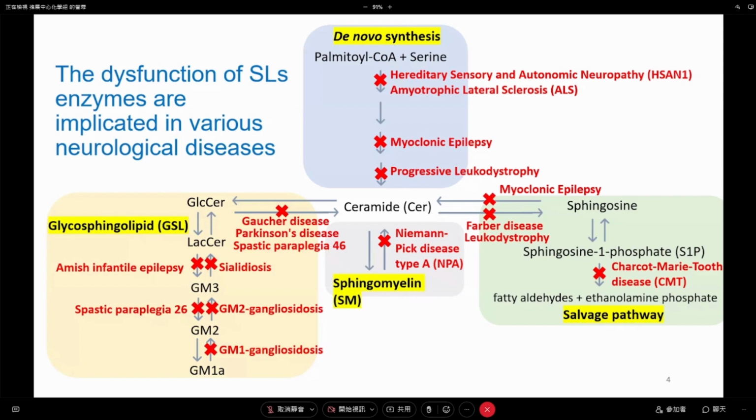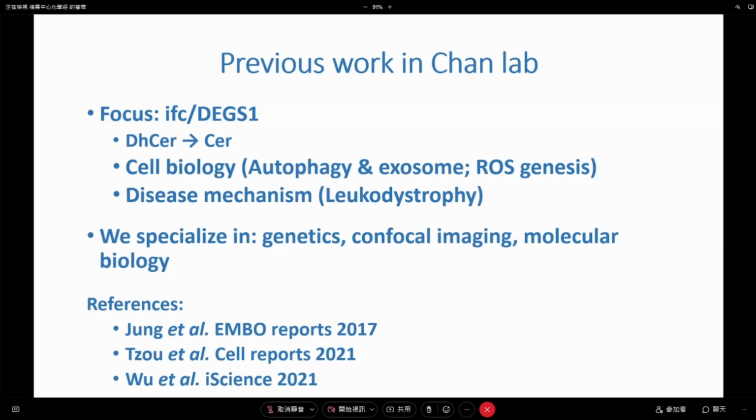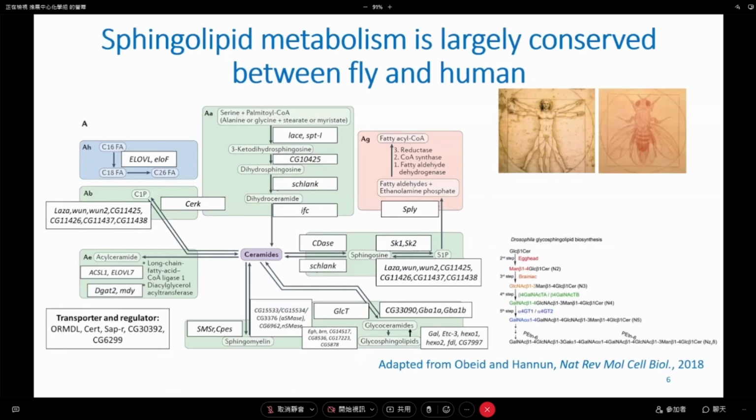And my previous focus was here in the middle. That's about like 7 years of work. We focus on this enzyme that makes ceramide, and we study the cell biology because it's related to a disease called leukodystrophy. And we use fly genetics combined with confocal imaging and molecular biology to understand it, and that's our past work. And so focusing on one disease and one gene can get us to beautiful mechanisms, but